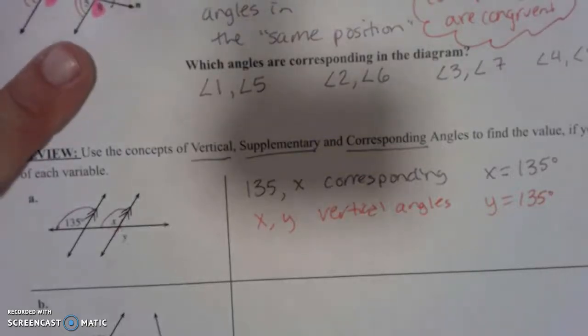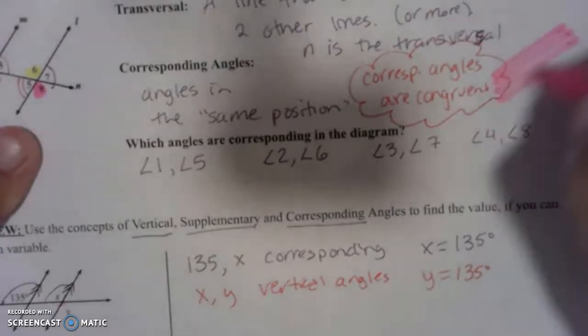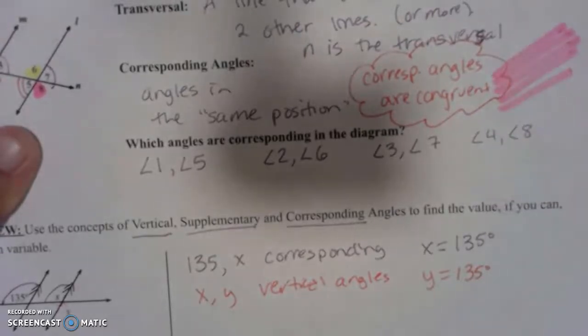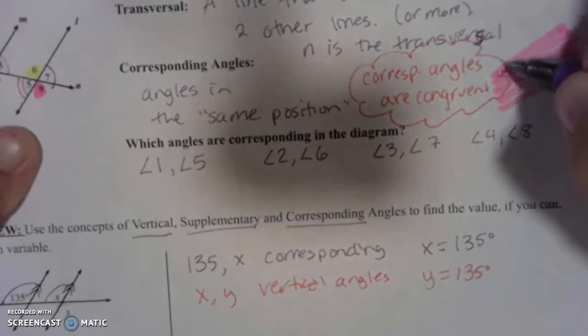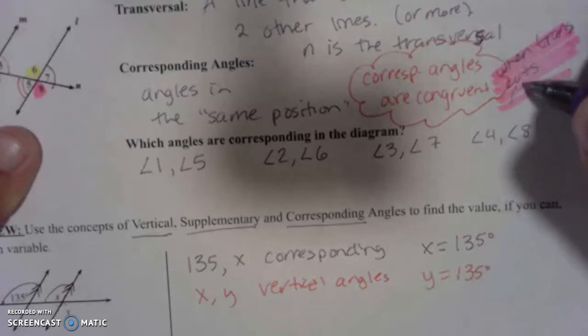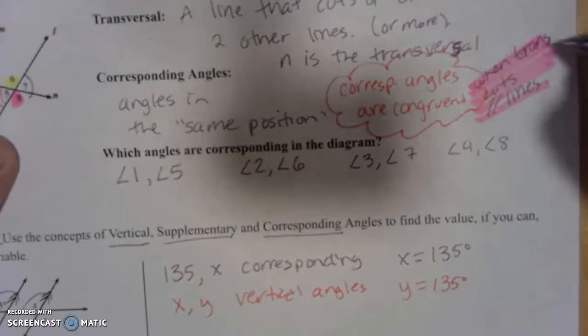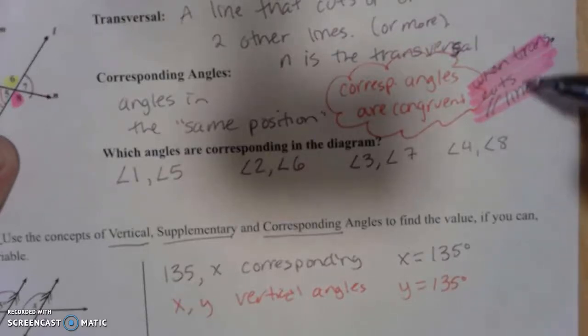Now, this whole idea that corresponding angles are congruent, there's a little piece of information you need to know. It only happens when the transversal cuts parallel lines. Okay? So when the transversal cuts parallel lines, I abbreviated that, transversal cuts parallel lines, because you